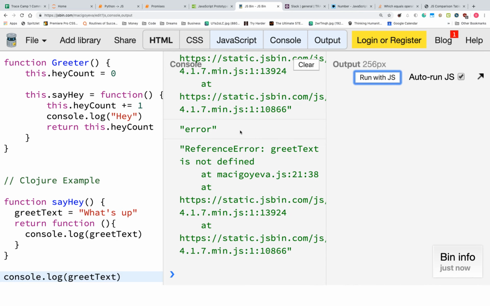No, greet text is not defined. No, it's still inside the variable scope. I remember when JavaScript introduced, oh, now you have to say var and let everywhere. It used to just be like Python, and sometimes it still works that way. Sometimes it depends on your interpreter, which is really not great. But